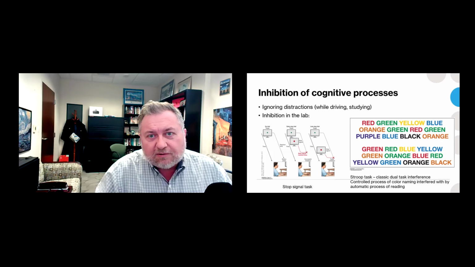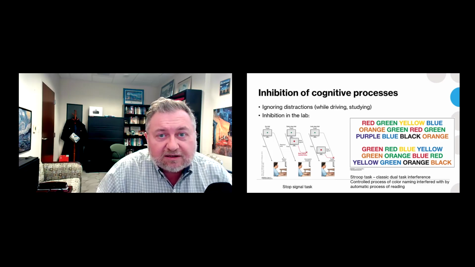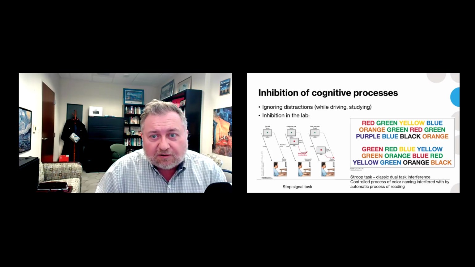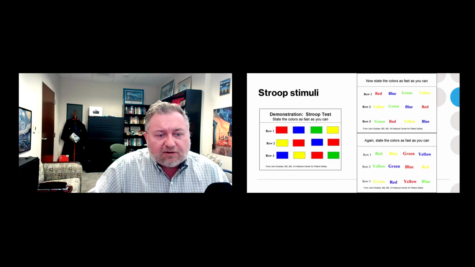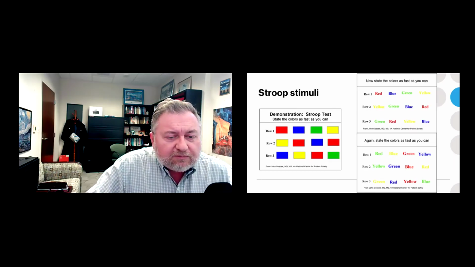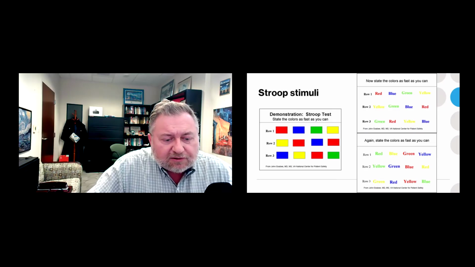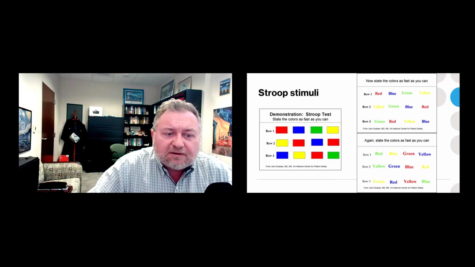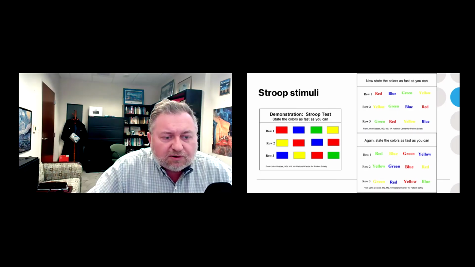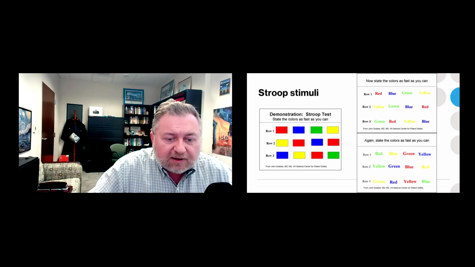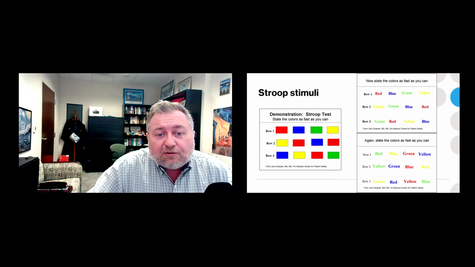And when it's congruent, they can do it pretty quickly. But when it's incongruent, this is when things are a mess, right? So let's take a little deeper look at this here. So one thing we want to do is we want a baseline. So the baseline is just how fast does it take you to name colors? And so we're going to use these boxes here. So row one, you're just going to say red, blue, green, yellow. Row two, yellow, red, blue, red. Row three is blue, yellow, red, green, right? So that's your job. Name the colors.